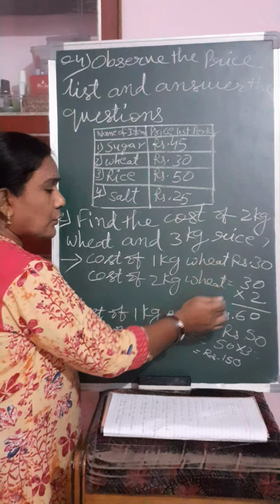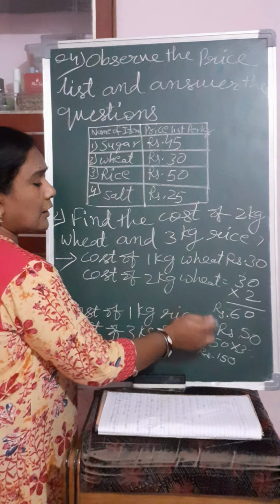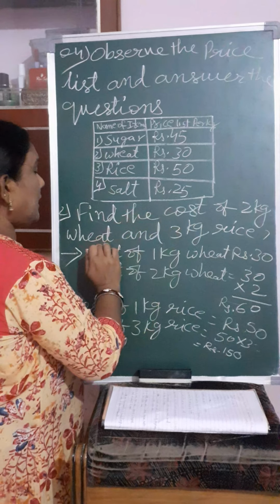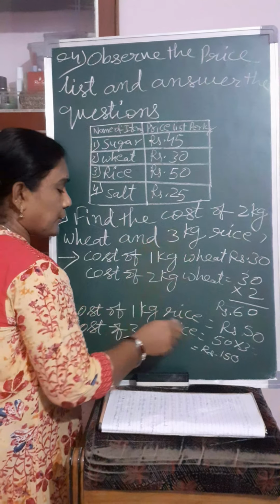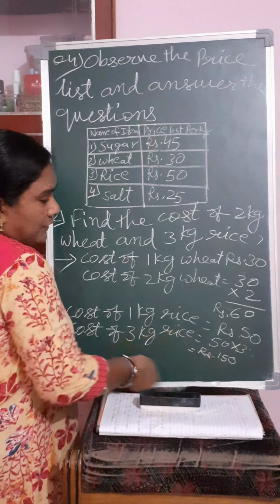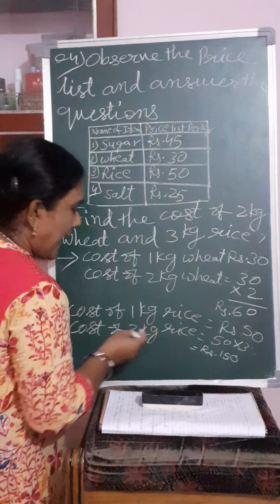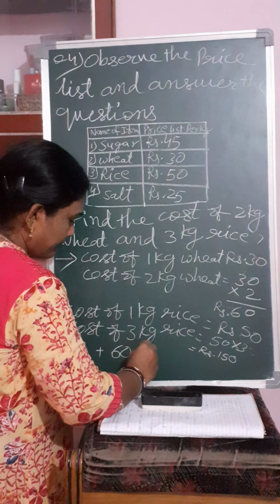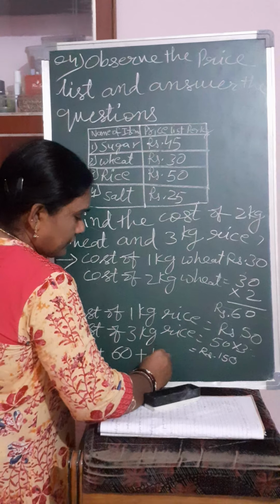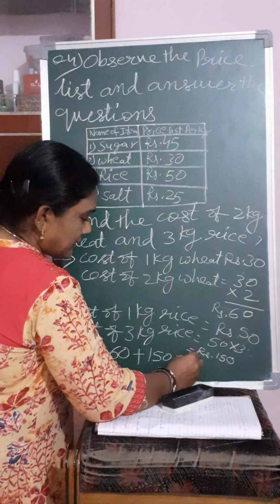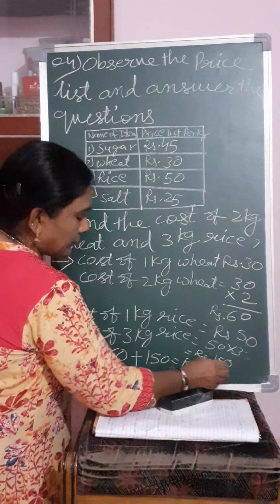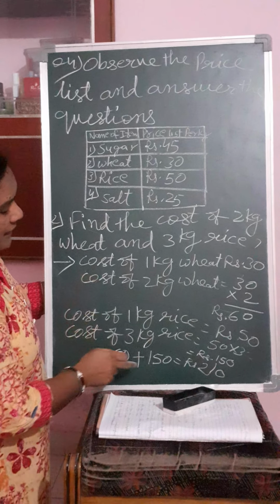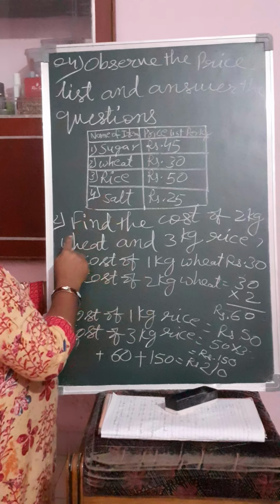Now what will we do? We will make the total of this. If we find the total, as it is told, find the cost of 2 kg wheat and 3 kg rice. We will find both totals. What will we do? These two we will add. So rupees 60 plus 150 equals rupees 210. Total 210 rupees. Now you understood, children, how to find out the